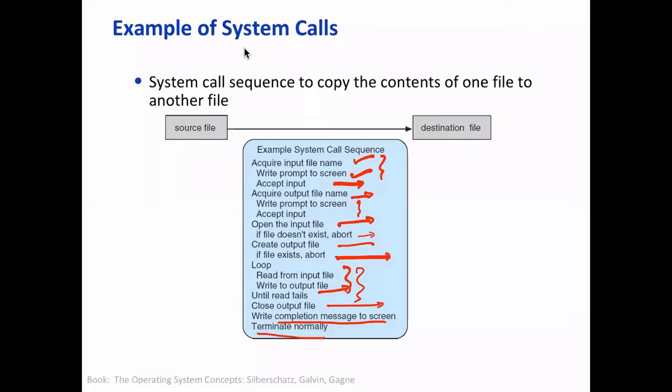So it hides all this. Instead of doing 30-40 system calls, one can just use a higher level library call, which is nothing but cp from file1 to file2. Otherwise, if you are using system calls by yourself, you have to write a program like this. But that does not mean a user process cannot use system calls. It can use system calls.